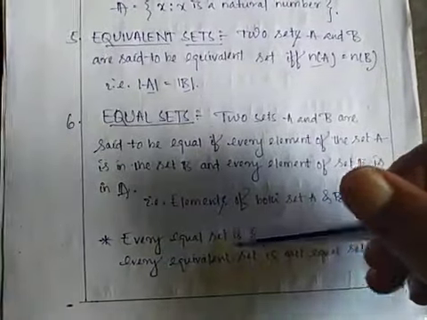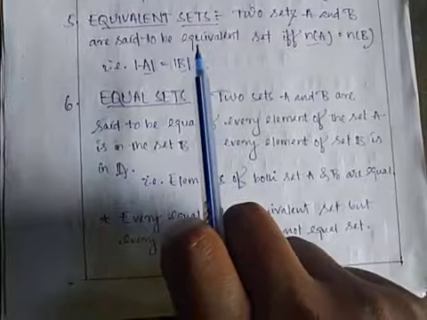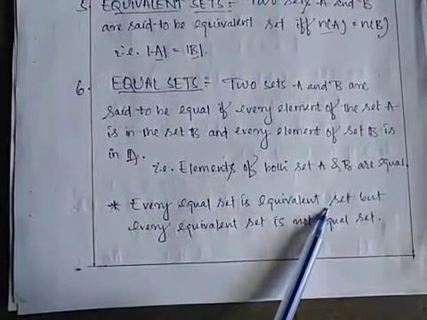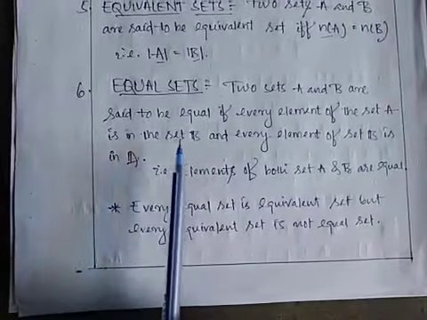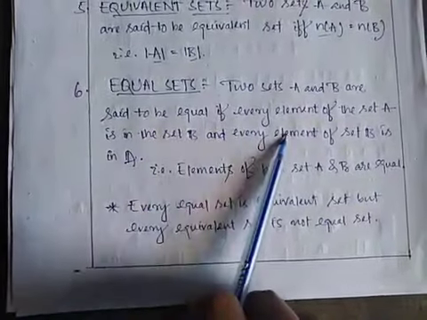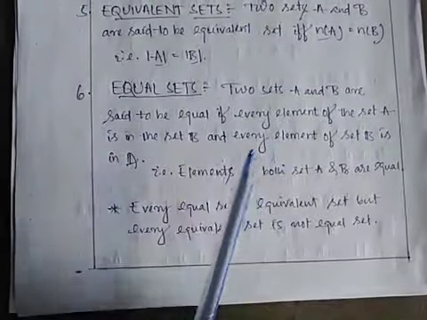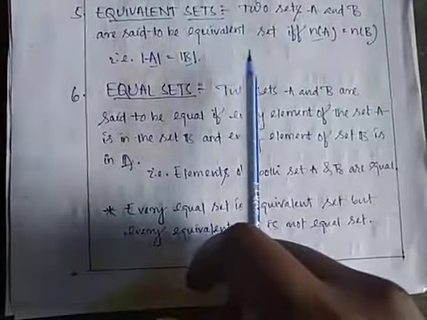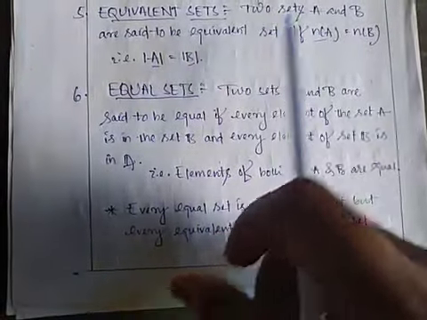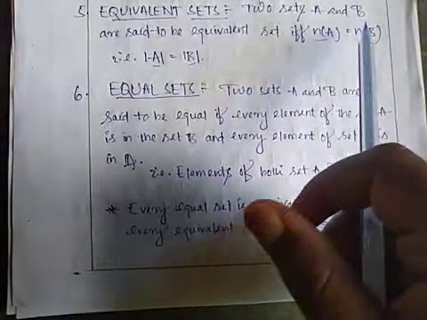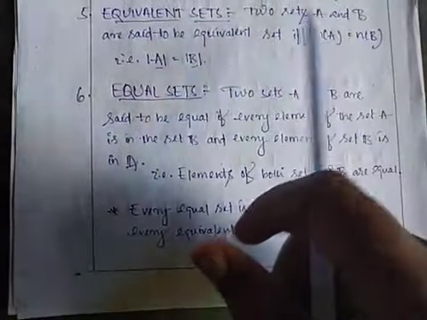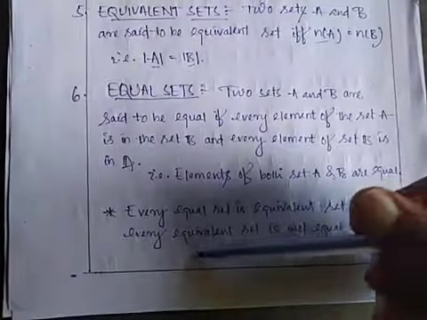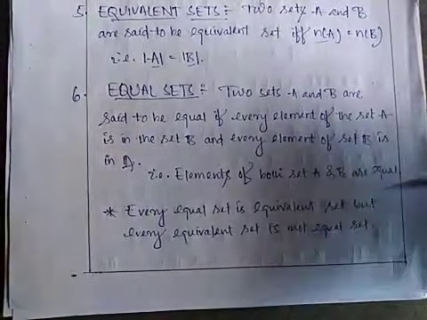तो यहाँ पर लिखा हूँ, देखो एक important, कभी कभी ये कंफ्यूज करने के लिए आपको दे रहा होता है, every equal set is the equivalent set और not. हाँ, equal set मतलब क्या है, number of elements भी equal होंगे and elements भी same होंगे, so every equal set is the equivalent set. लेकिन equivalent set कभी भी equal set हो सकते हैं भी, नहीं भी हो सकते हैं, because the number of elements are equal but the elements are not equal. Okay, so that's why I have written every equivalent set is not equal set.